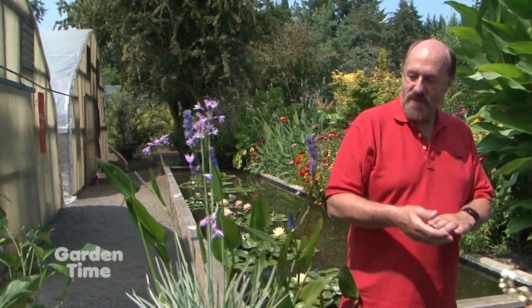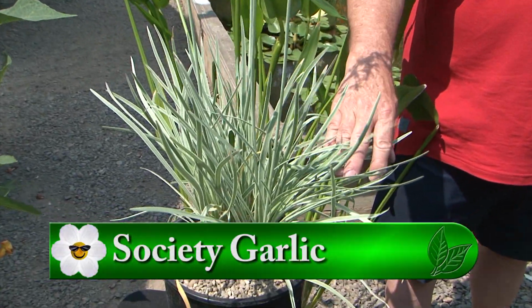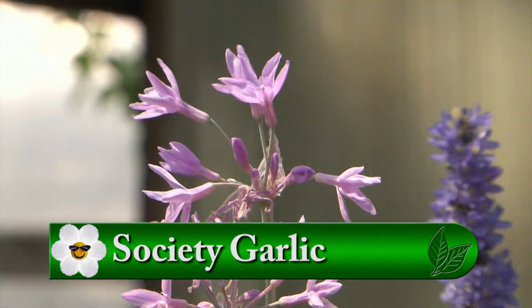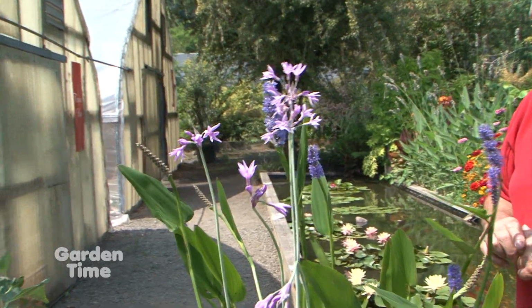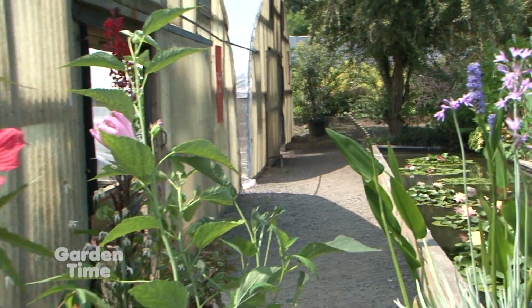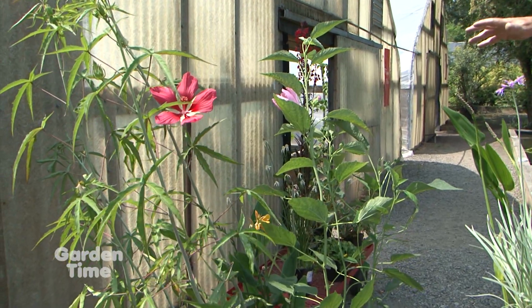It's really pretty. And then another guy there, that little variegated. That one you're familiar with. This is Society garlic. Again, you've got the beautiful variegated foliage, and then the pretty flower on top. So that works well. And then the two, the big flowering showstoppers. Again, if you want something that's really tall at the back, and these fill out into quite large bushes,